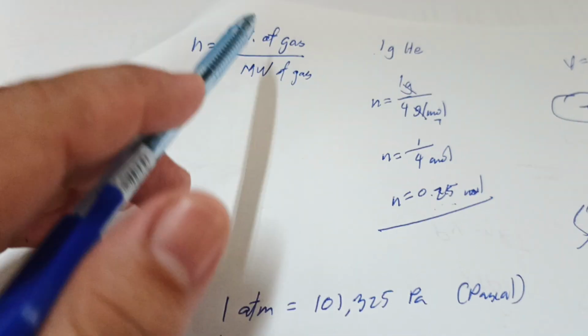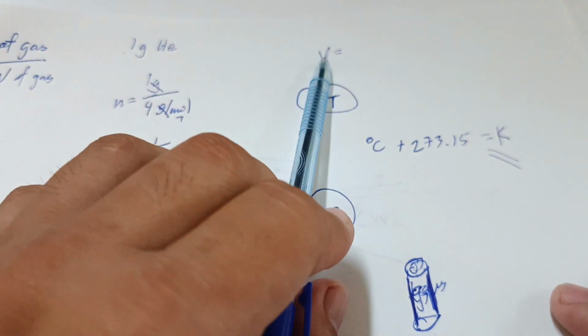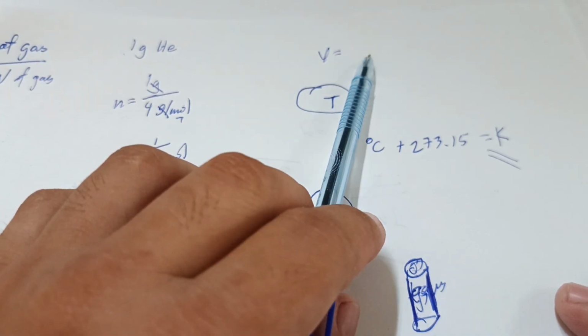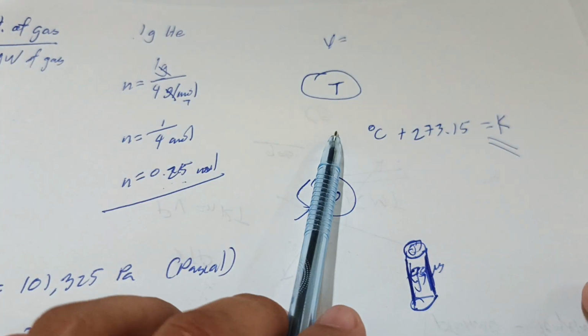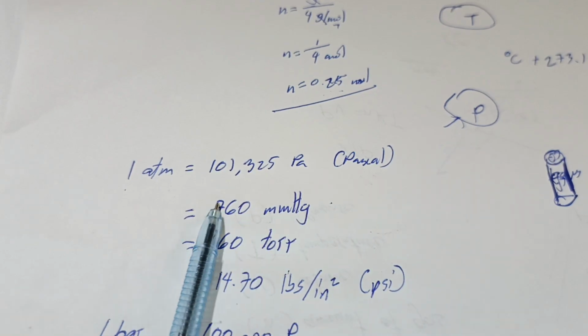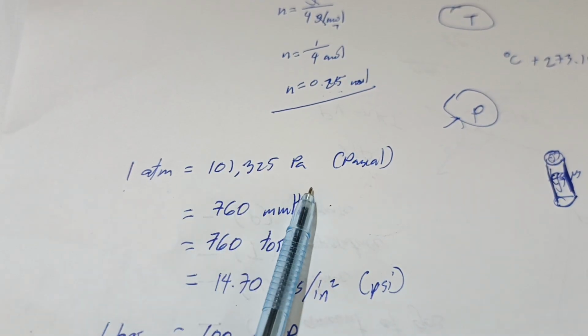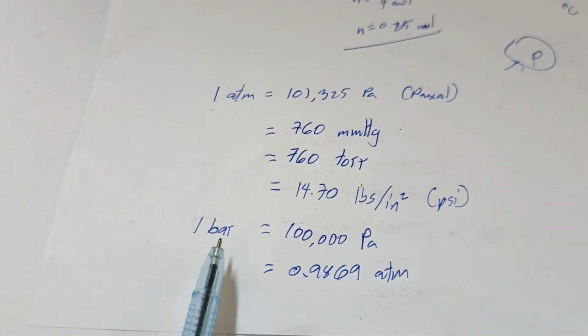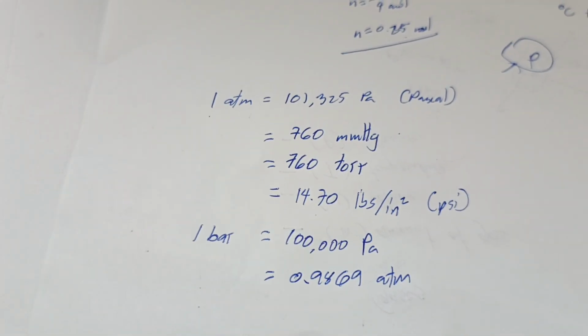So we have here again the amount of gas, the volume. It simply pertains to the volume of the container, the temperature in the Kelvin scale, and the pressure in atm, which can also be converted to Pascal, mmHg, torr, psi, and bar. So with that,